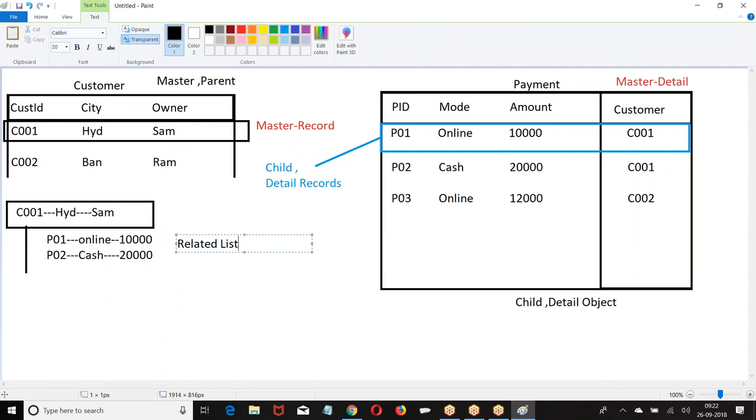Related list. For the master record, these are the related lists.